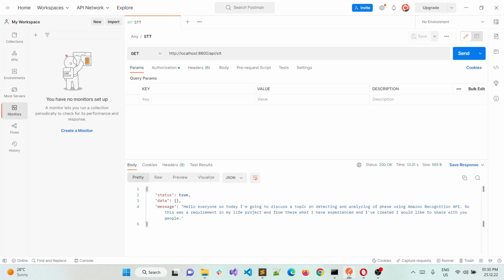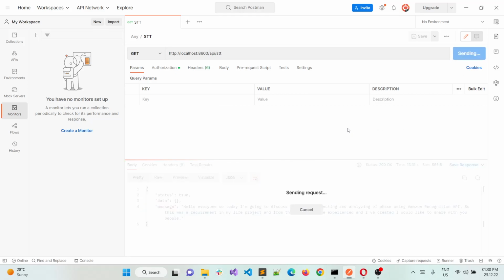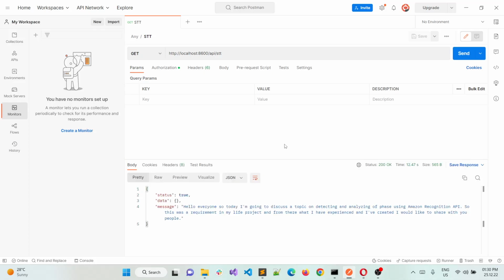Well, I have created a Node.js application over here, and I have set up an Express REST API so that I can show it to you. If you click the send button and wait for a little bit of time, it will convert the audio file into text format right over here. Now it has converted the audio file into text, and this is the text of one of my YouTube